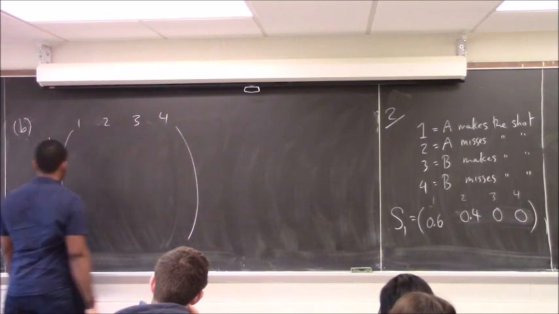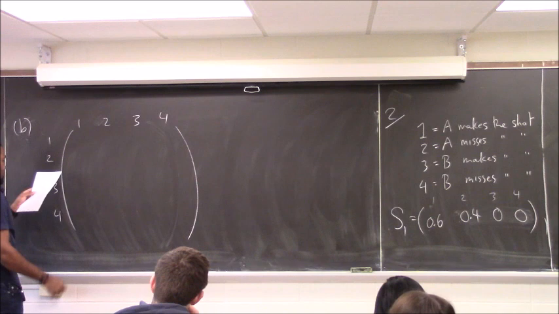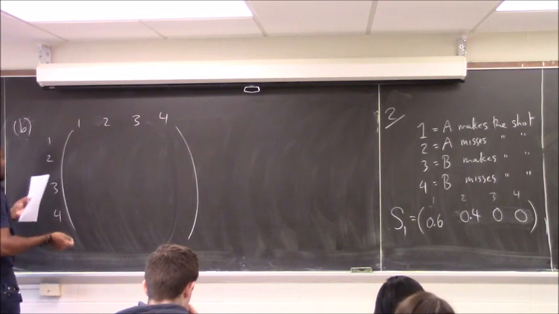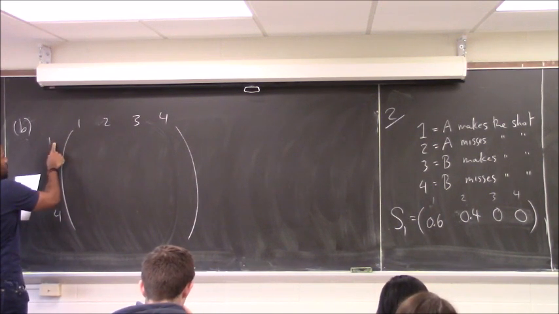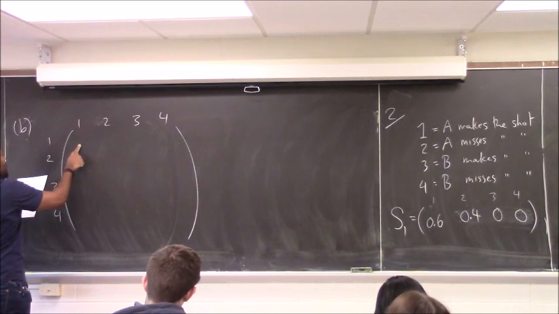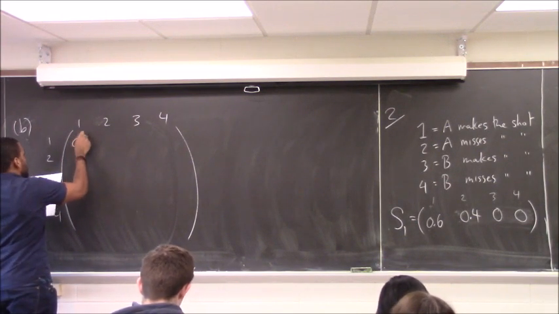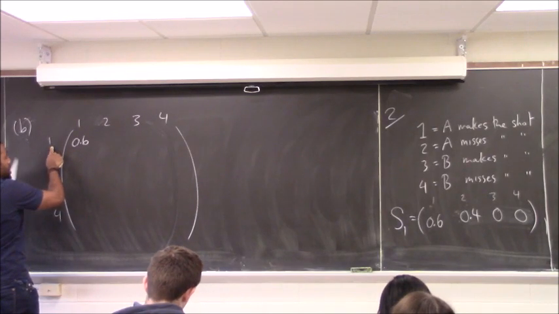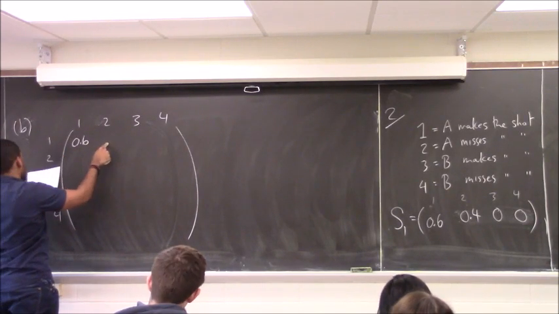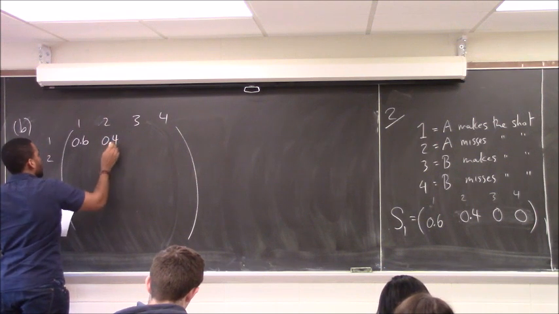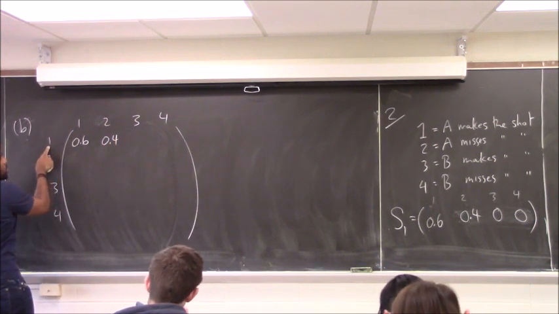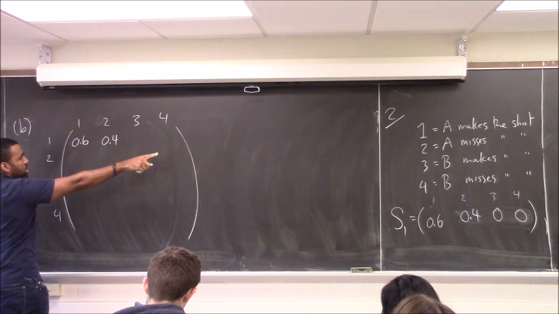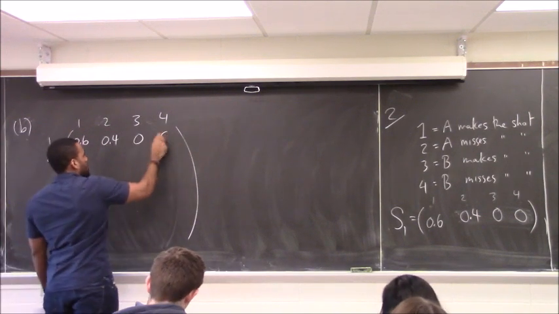Okay. If we're in a situation of A making the shot, what is the probability that he's going to make the shot again? Well, 0.6. What if we're in a position of A makes the shot, meaning A is going again, what is the probability he'll miss the shot? Well, 0.4. And if we're in the position where A wins, B doesn't actually get to play, so he will neither make nor miss the shot, so that's 0,